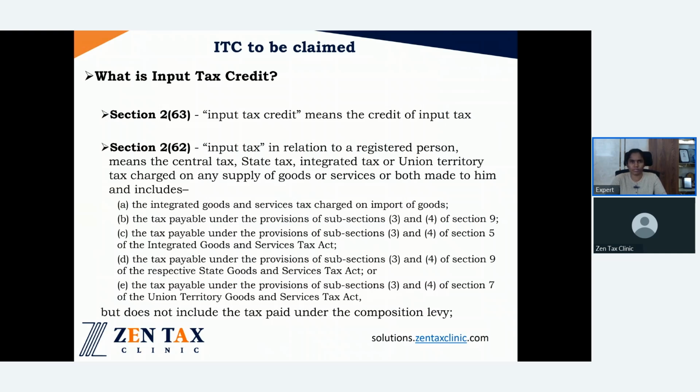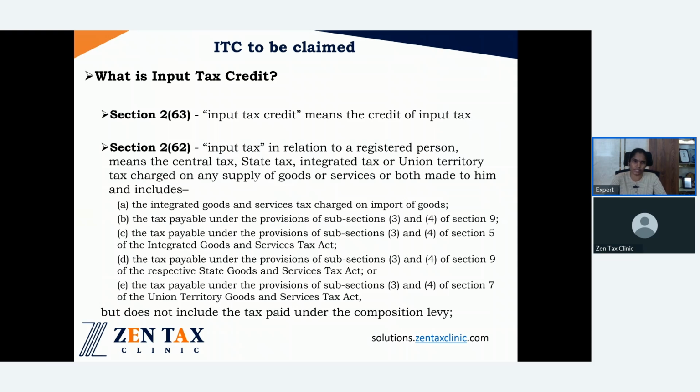And it's quite simple: input tax credit means the credit of input tax. It also includes any tax paid by a registered person under CGST, SGST, IGST, UTGST, but it does not include tax paid under the composition levy. So in simple terms, if a registered person is paying tax on his inward supplies, be it under forward charge or under reverse charge, it pertains to his input tax credit and it should be used in the course or